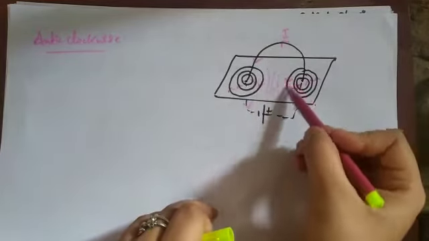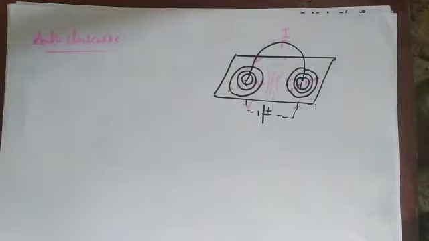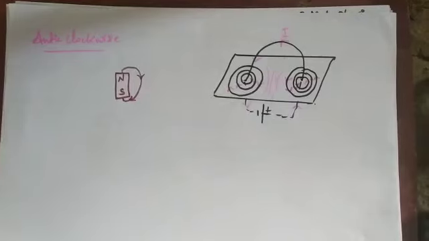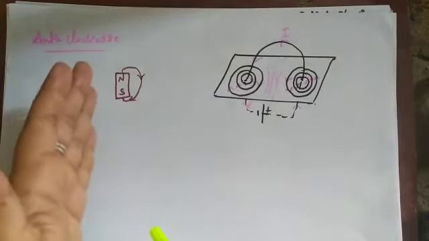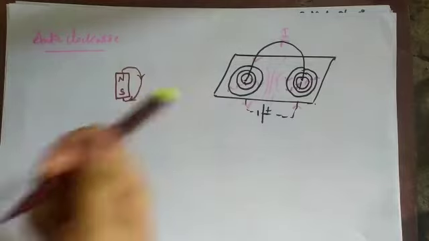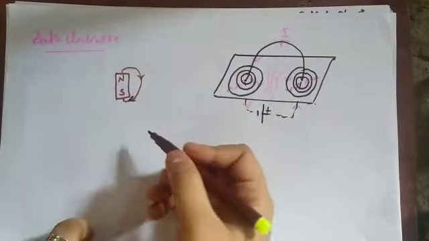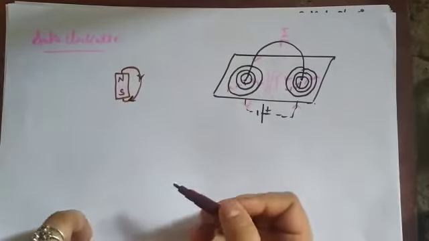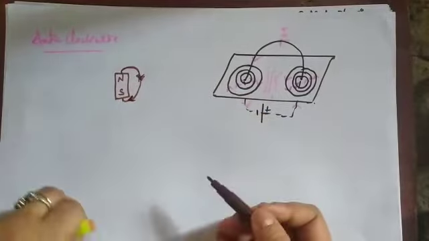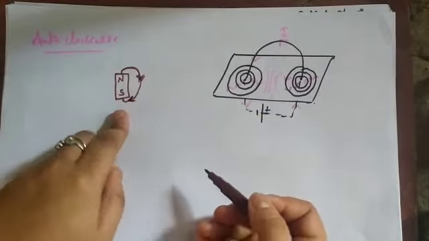When it comes near the center, it becomes a straight conductor. So now I'll apply the same rule, the same one we studied for the bar magnet. Magnetic field lines go out from the north pole and enter inside the south pole. So going out is considered the north pole, and entering inside is considered the south pole direction.